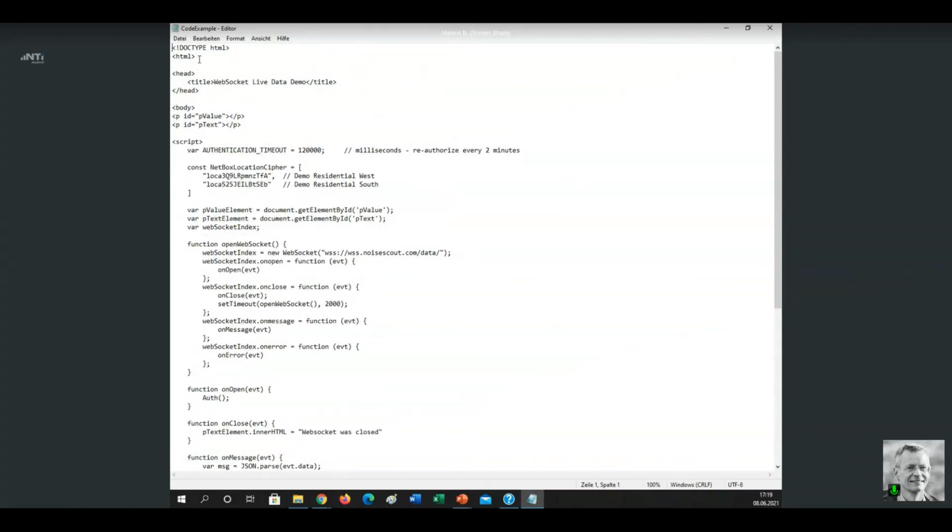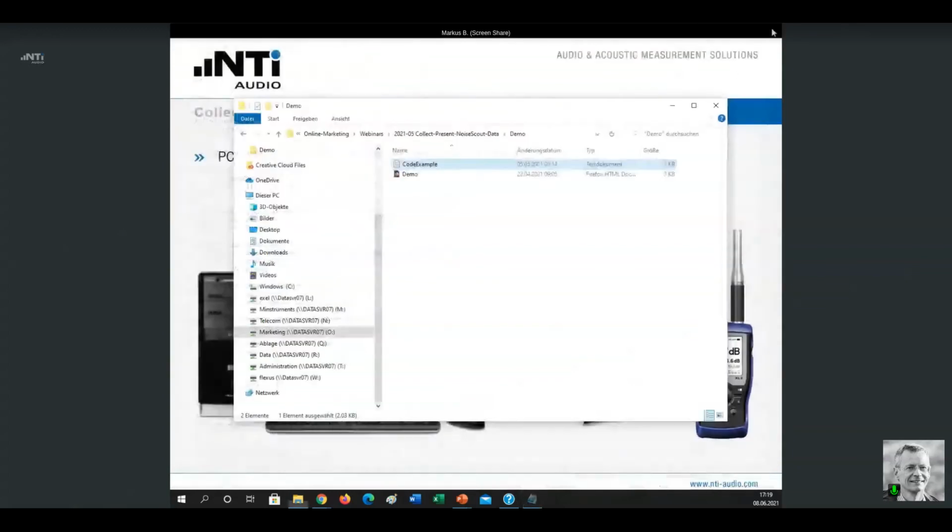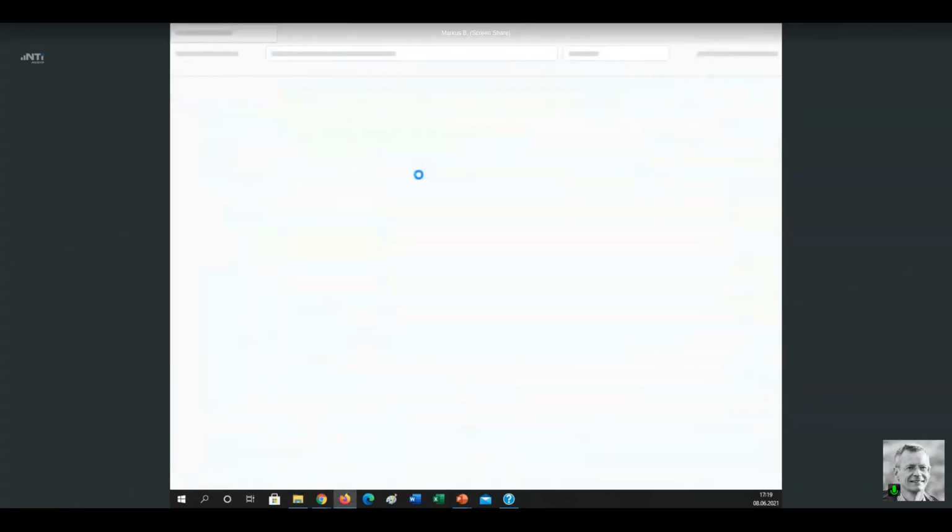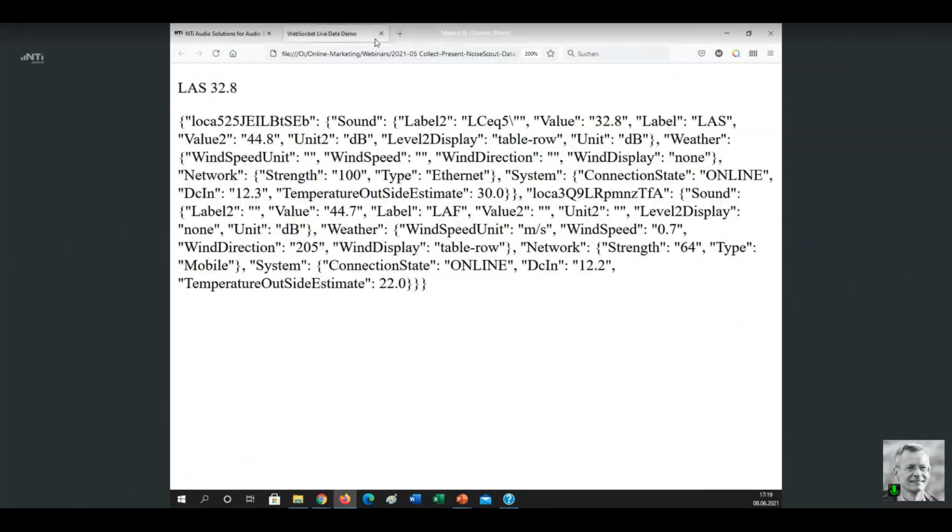So what we do now, we save this code, this text file, as an HTML file, and by double-clicking on that, you see now the website. You see a website which shows the real-time data from the noise monitor to which the WebSocket is connected. You see here instantaneously the sound level, A-weighted, slow, from that noise monitor.